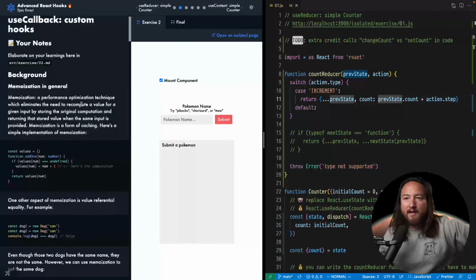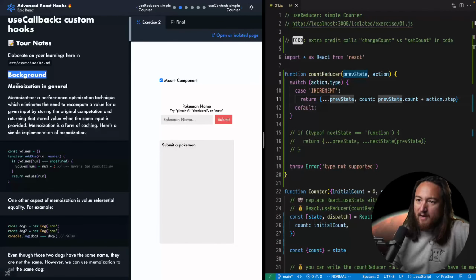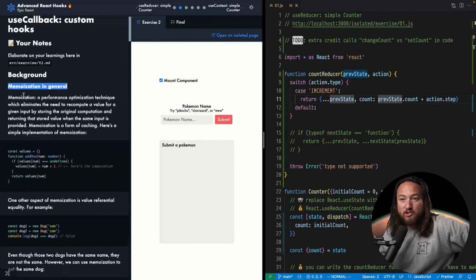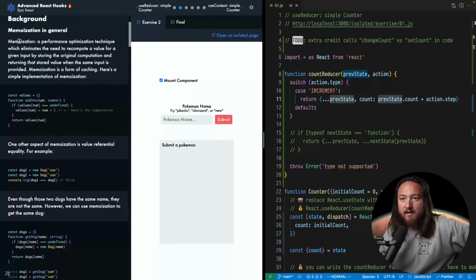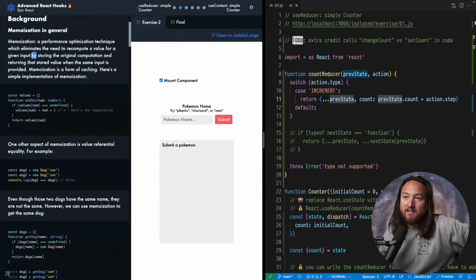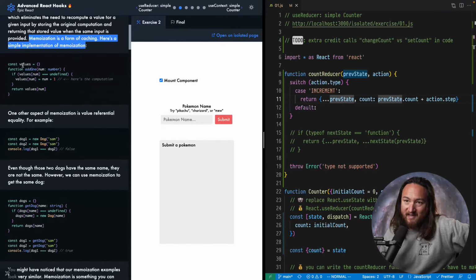Okay, useCallback custom hook. Background, memoization in general. Memoization is a performance optimization technique which eliminates the need to recompute a value for a given input by storing the original computation and returning that stored value when the same input is provided. Memoization is a form of caching. Here's a simple implementation. So const values, add 1,